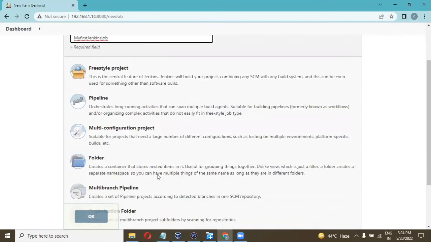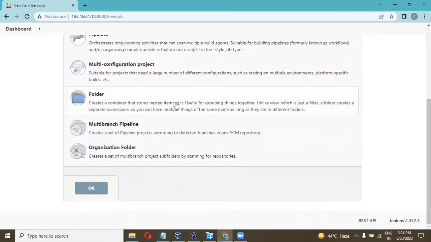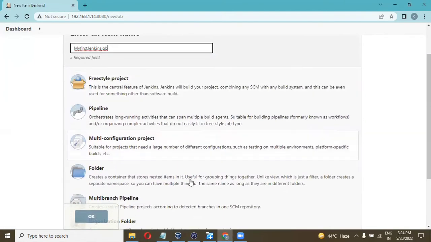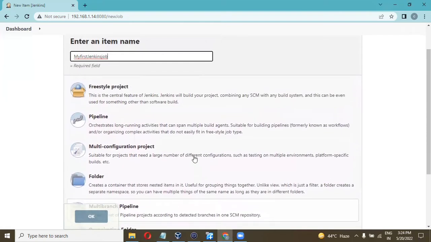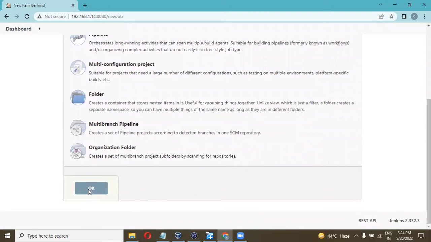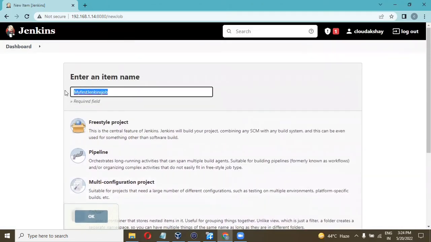Below you can also see the project types. The project type list depends completely on the plugins installed on our Jenkins server. Suppose I installed the pipeline plugin or the multibranch plugin, then it will show here as a project type that we can select. We will also see in this series how to install plugins and manage them, and how to set the global tool configuration, in the upcoming sessions.